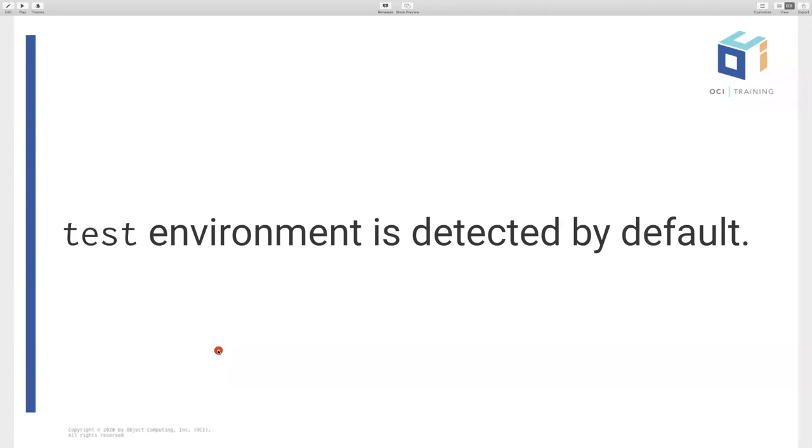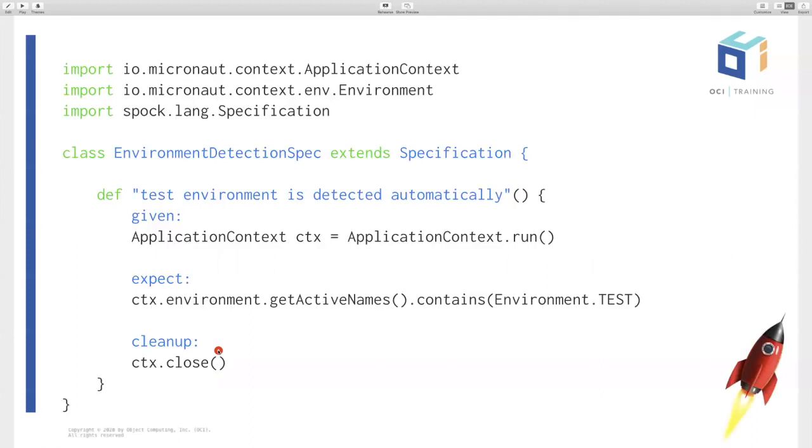So when you run and create an application context, by default, if you start the application context on your test classpath, we infer the test environment by default. What does that mean exactly? So here I have Spock specifications, for those of you who are new to Spock. A Spock test extends from Specification. You can define them in plain English, and they use a BDD structure. So you basically define these blocks: given a condition, I expect these things to happen, and then you have some cleanup blocks. So here I'm starting an application context. You see ApplicationContext.run, and I didn't specify an environment, but by default, Micronaut realizes that one of the active environments is test. So when you run the application context in your test classpath, the test environment is